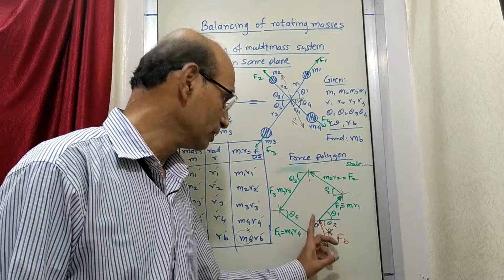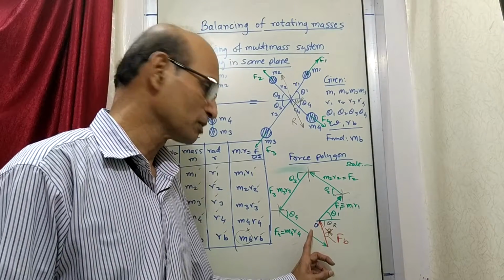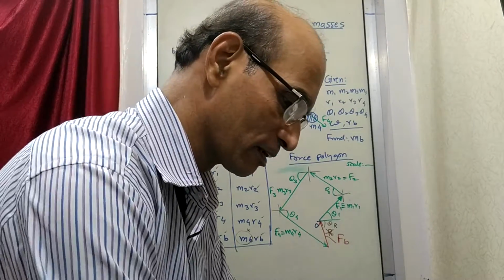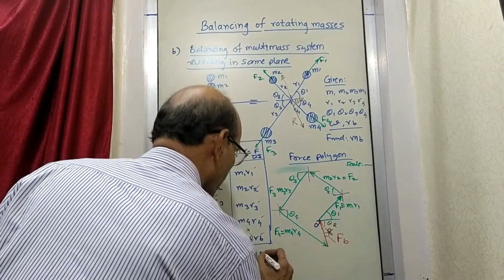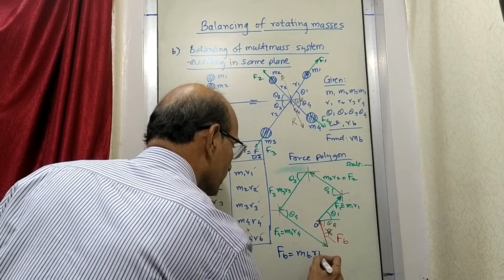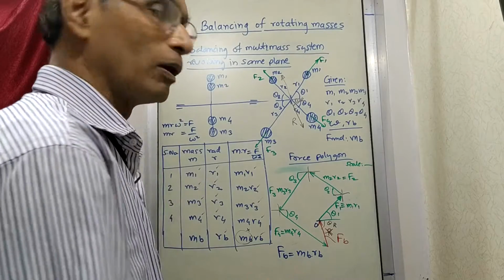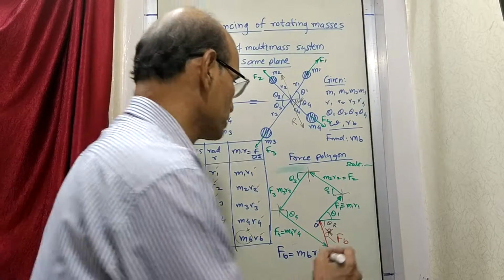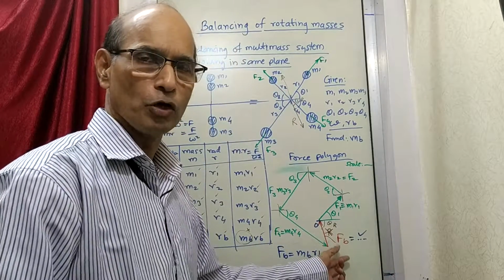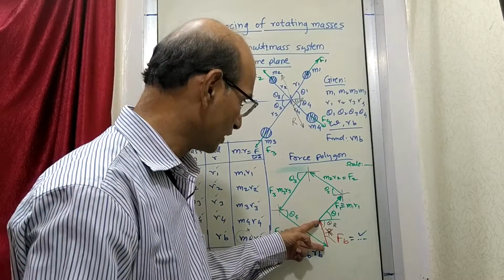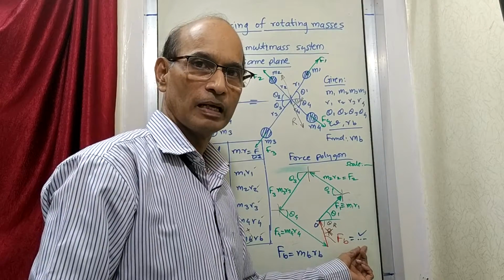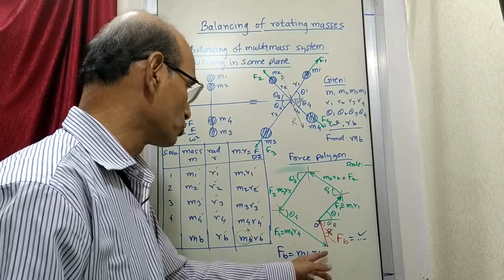Now who is creating this balanced force? This much balanced force is created by the balanced mass. So now we write here, this FB is equal to MB RB. So now what we do, you find out how much is FB, this you measure. Obtain the value of FB. How do you obtain the value of FB? Measure this length, convert by scale, you will get some figure. That is equivalent to MB RB. So MB RB should be equal to this.